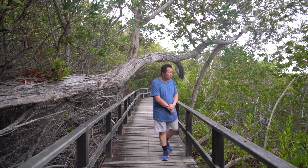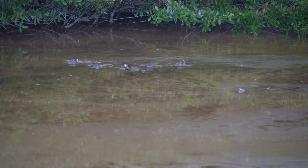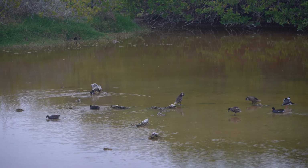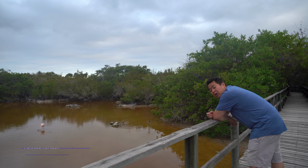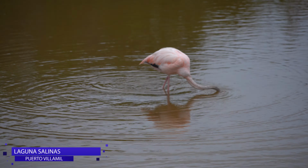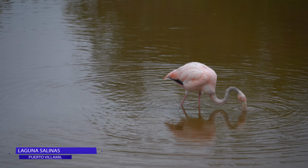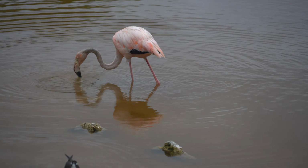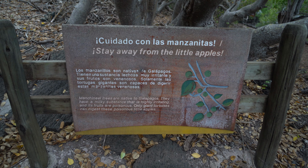Along the flat boardwalk to Puerto Vermillo, you'll enjoy many wetlands along the peace and calm. Although one of the lagoon is called Flamingo Lagoon, this poor soul is all by himself or herself. Perhaps it's time for him to sign up for plenty of fish. By the way, please stay away from the poisons